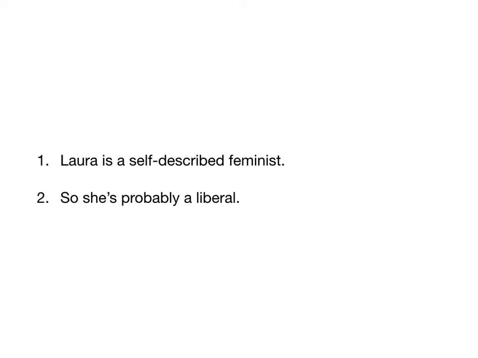Laura's a self-described feminist, so she's probably a liberal. There's a gap here, right? How do we get from her being a feminist to her politics, right? If you filled something else in here, this would be way less obvious, right? Laura is a bird watcher, so she's a liberal, right? If you filled it in that way, there'd be this huge gap. It'd be more apparent. This person is trading on us making assumptions about people who are self-described feminists, right? But without that assumption, there's this gap here. The argument needs this premise filled in to work,